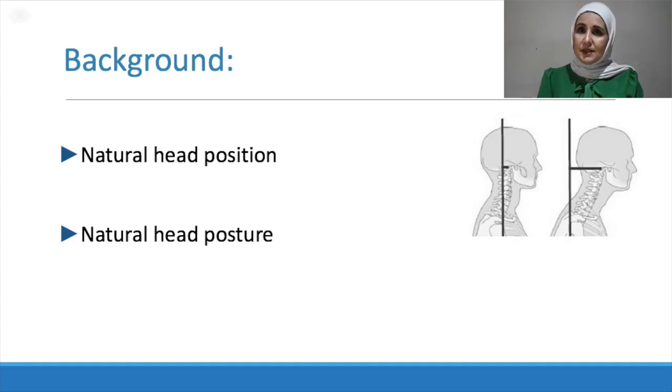So let's see some definitions. For example, natural head position was introduced by Broca in 1862, which refers to a standing position with the visual axis horizontal. Later on, Maurice in 1958 brought a definition which is ortho position, which is a standing-to-walking position. So the early two definitions talk about the natural head position as standing, looking to the horizontal axis.